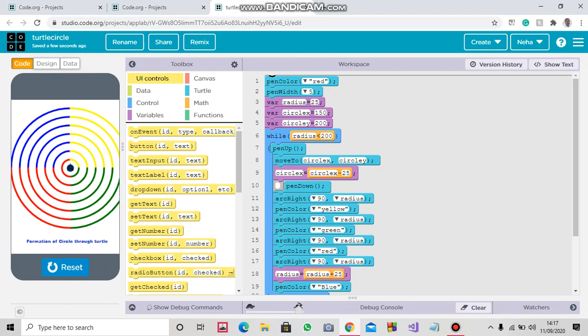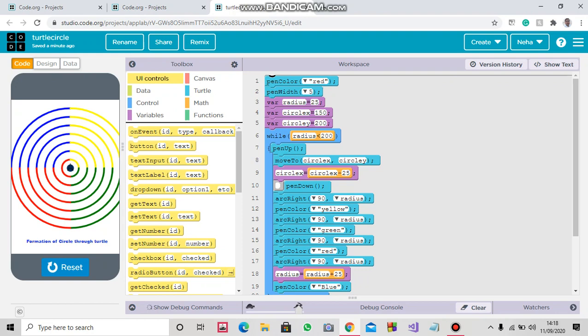Hello friends, in our previous video you learnt about sprite, which is a 2D bitmap image. It is not a drink, it is a bitmap image that is used for game programming. Today you will learn how to create different types of image designs through the use of Turtle. What is Turtle? Turtle is an imaginary pen that is given in our App Lab for drawing purposes and used for creation of logos. Today you will learn how we can create different types of designs, like circles, with our Turtle.